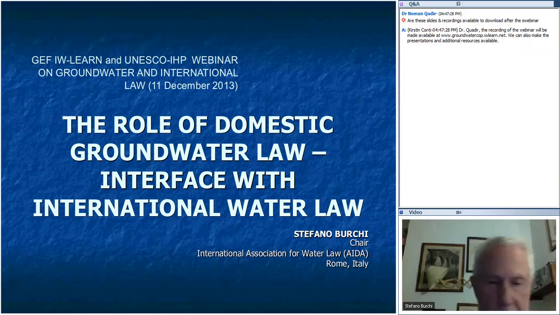Now, eventually, if this instrument becomes a legally binding instrument, and maybe to some extent it is, because Gabriel alluded to this when he asked to what extent this instrument captures and restates law which is already there, customary law, and to what extent it presents some progressive development of this law, so sort of law in progress as it develops. But eventually, to the extent that this instrument captures customary law, which is already binding, or in future, it may translate into a legally binding instrument in the form of maybe a convention or a protocol to the UN Watercourses Convention, which is not yet in force anyway. Whatever, regardless,